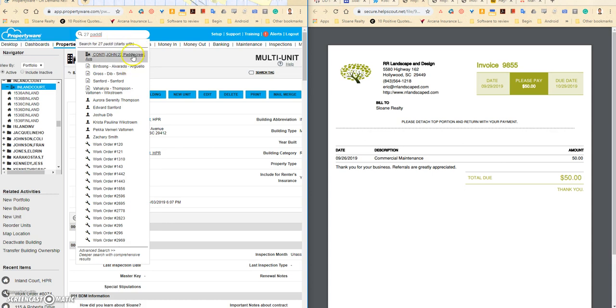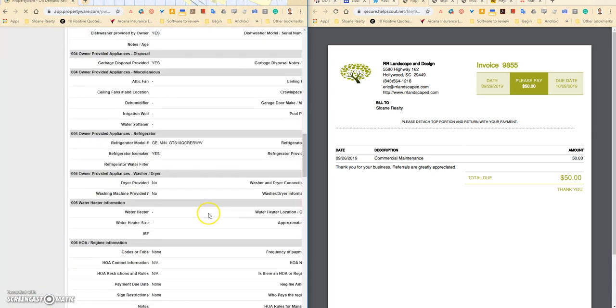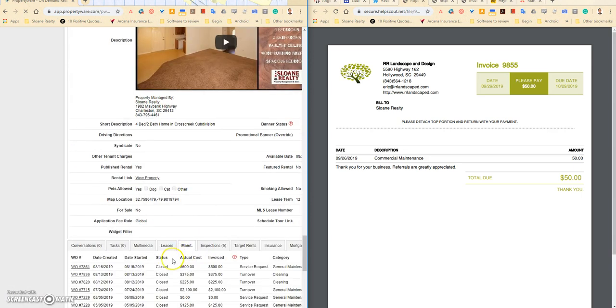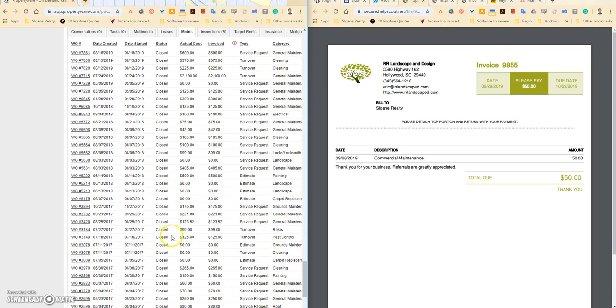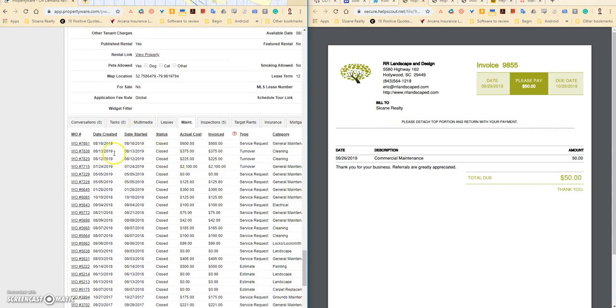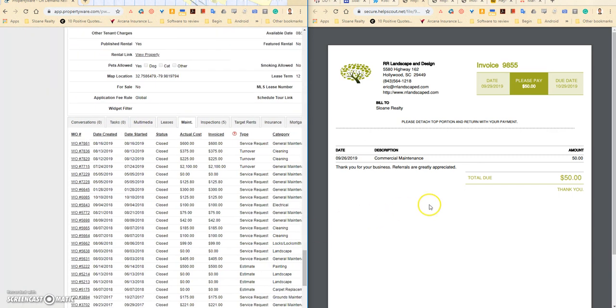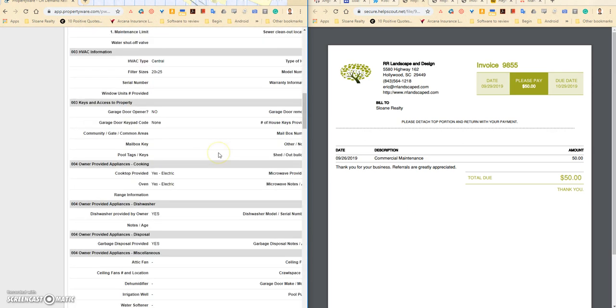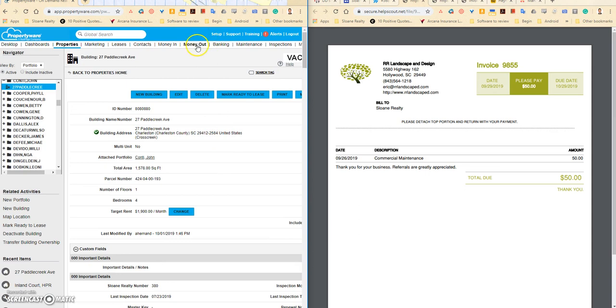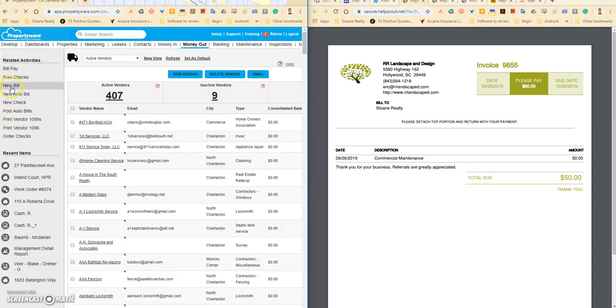Now with landscaping bills, they can be a little interesting because sometimes there'll be a work order for those bills, and sometimes it'll be a standing order, and so there will not be a work order. So the first thing we're going to do is look for a work order. We do not see anything open, and I don't see anything with R&R landscaping, which means that it's a standing work order because it's a vacant property or something like that. So for those, we're going to go to Money Out, and then we're going to do New Bill,